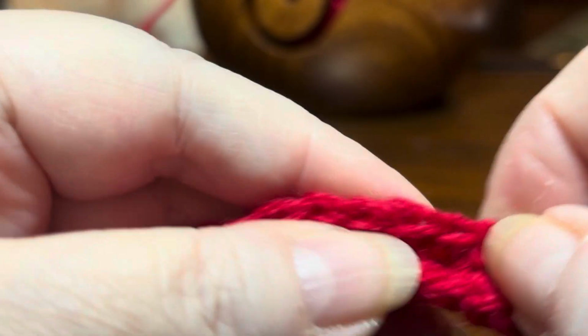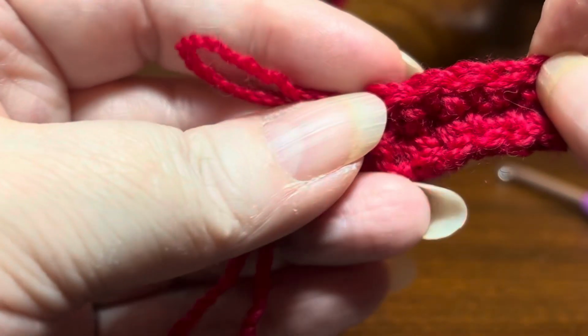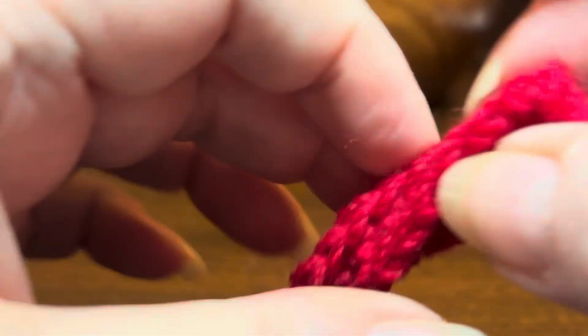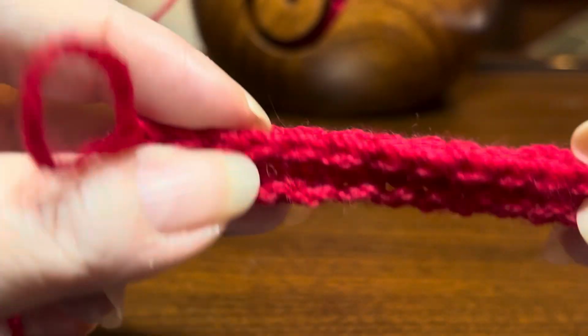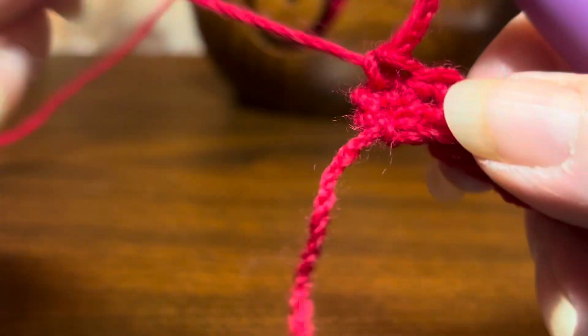2, 4, 6, 8, 10, 12, 13, 14. Yep, that's what we need. Okay, now it looks a little bit like a... What are they called? Churros. It looks almost like a churro. Anyway, so